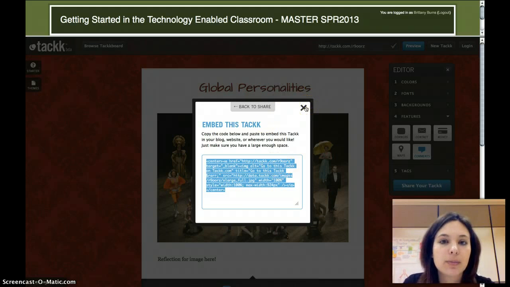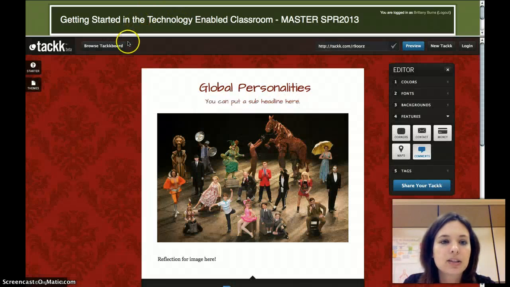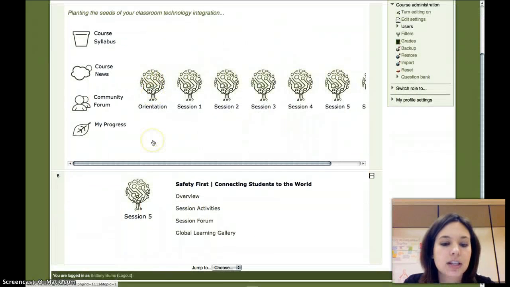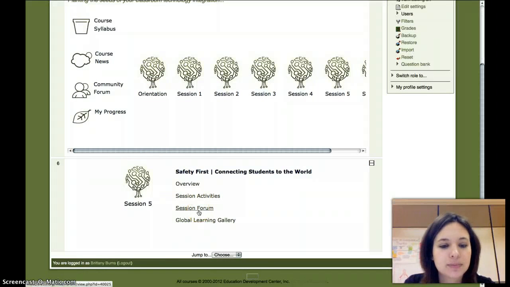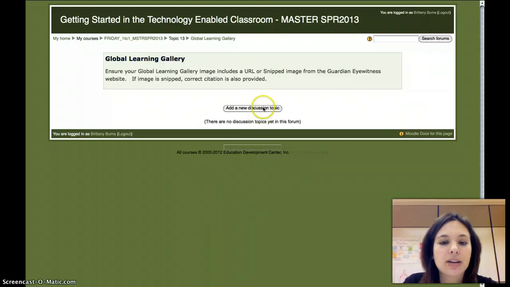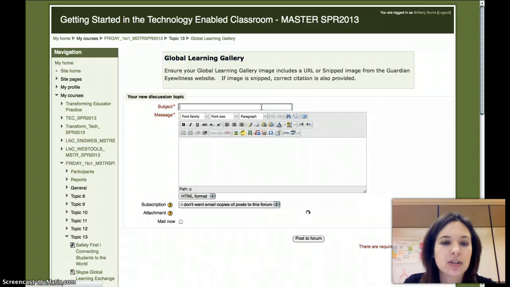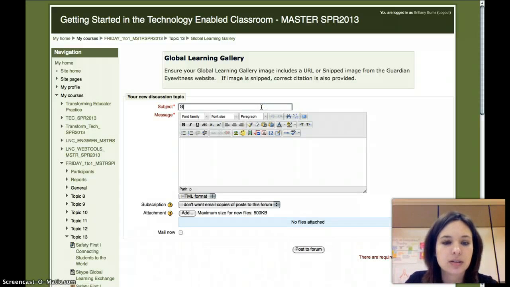And now we want to drop it into our box. And just like the image URL, we cannot copy and paste anything else because we'll lose this coding. So copy. And let's go back to our course. It's actually the master course that I'm using for demonstration, but you understand what I'm saying. Okay. We go into the Global Learning Gallery, we add a new discussion topic, and now we're going to add the image in. So we have to title our image,